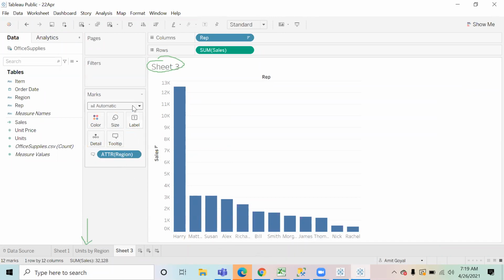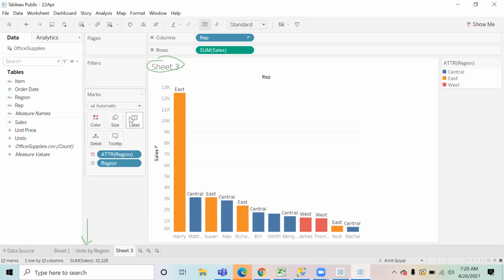Hi, Amit. But what if I want to keep that color coding as it is and show the labels of the region? Then what should we do? So what do you want to show in the color? I want to keep the color coding for the region same as it is, like before. And I want to show the label of different regions. I mean, you want to show the name of the region also on the label. Correct. Yes, both the things. So you can pick the region from here and put it on the label. Okay, once again. Okay, fine.